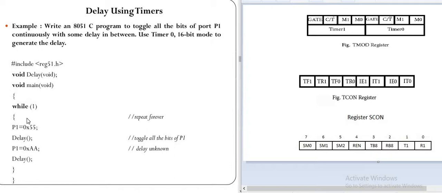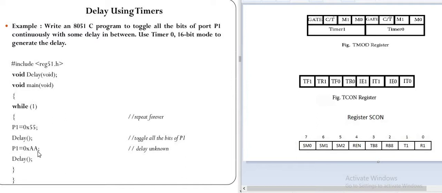So next is the while loop. This is the curly bracket of the while loop, and then port 1, because port 1 is mentioned, is equal to 0x55. Here 0x55 is the first data we have to send to port 1, and then we have to add the delay, and after that port 1 is equal to 0xAA.